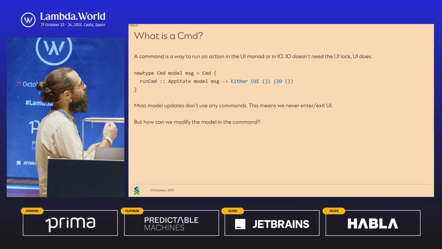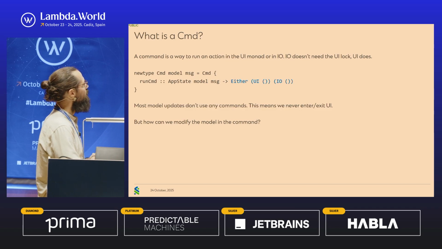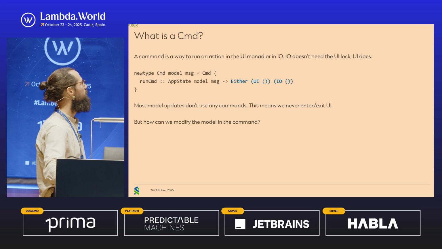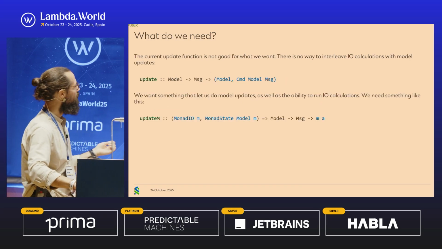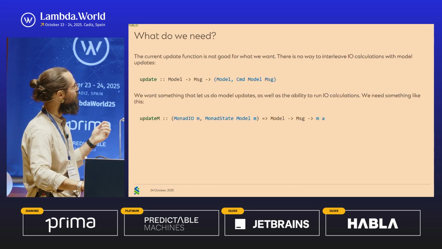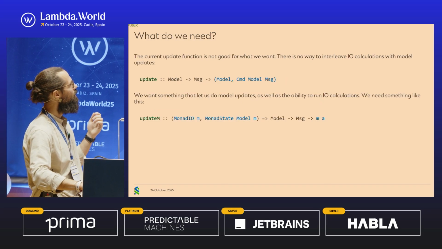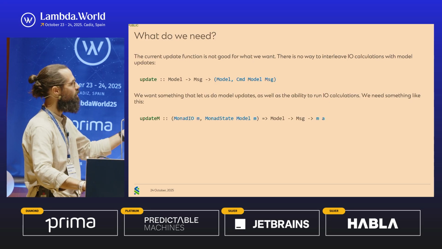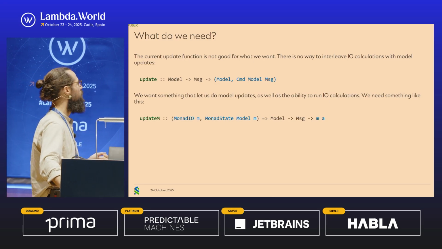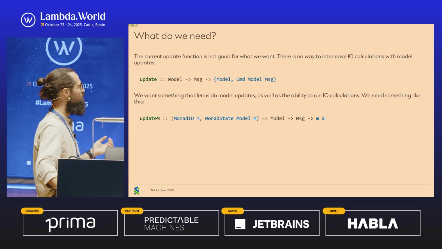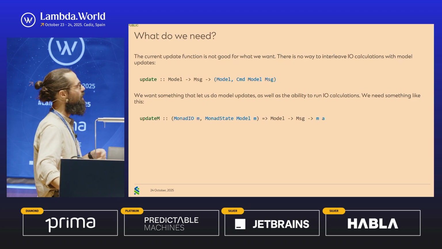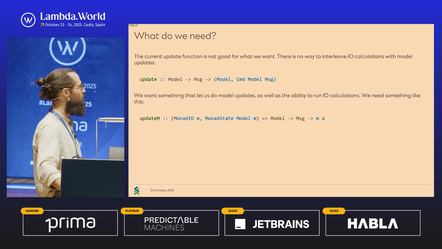But there's no way to modify the model in a command, right? So we cannot really use the command for this. What we really want is for update, instead of taking the current model and the new message and returning the new model and a command, to have an update M type of thing, where I get the old model, I get the message, and then I'm in a monadic calculation that will return,